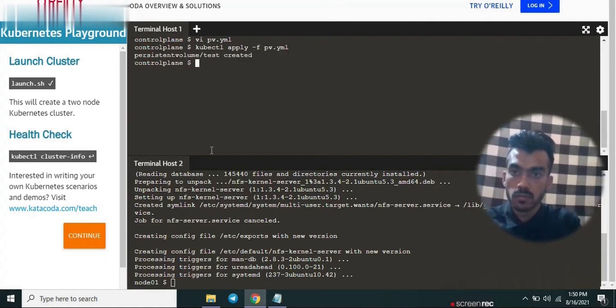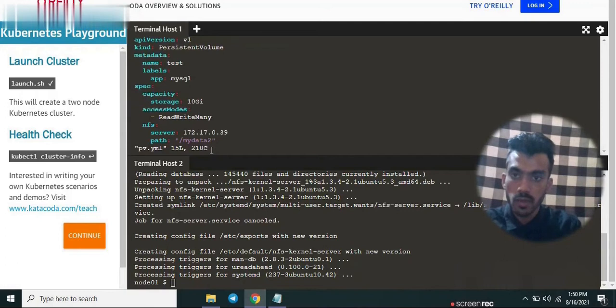Now the next thing we will have to do is create a PV for our WordPress also. So I'm just using the same file. In this file we will have to change the name of our persistent volume. We are going to name it persistent volume test1. The obvious change we have to make is to label it as WordPress so that it will get bound to the PVC of the same label. Next thing we will have to change is the directory. I'm going to change it to mydata1. The IP address will be the same. Now you can just create it using the kubectl apply command. Our persistent volume is created.